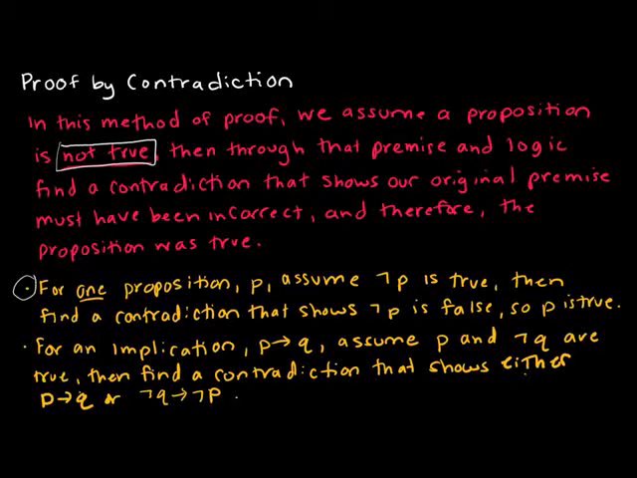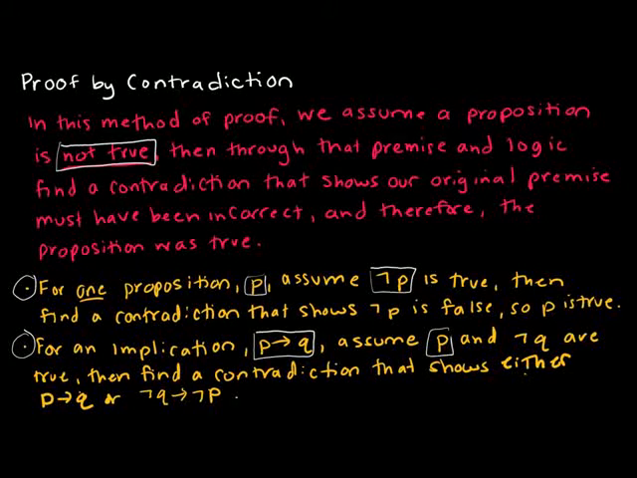If we have something that can be written as one proposition, the sky is blue, that's one proposition P, we're going to assume not P is true. So the sky is not blue. And then we would go about finding a contradiction that shows that not P must be false and therefore P is true. If instead we have an implication, an if-then statement, if P then Q, then we're going to assume